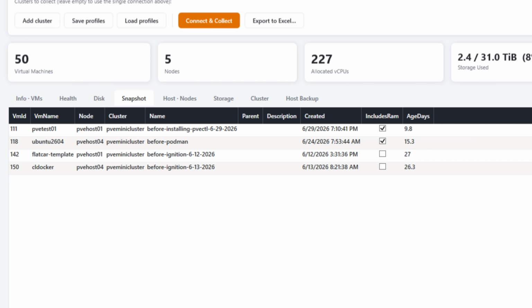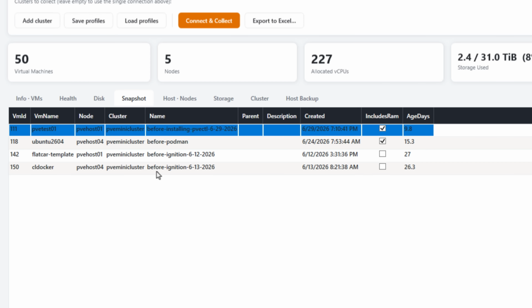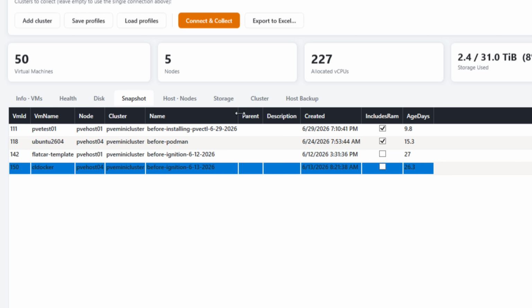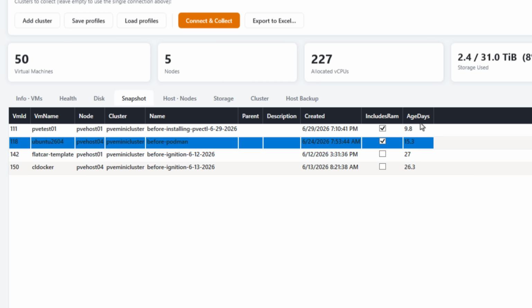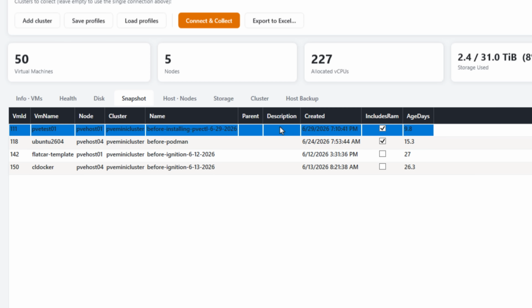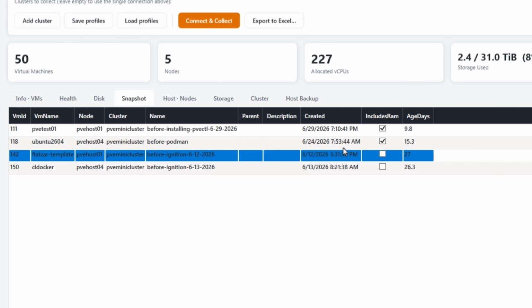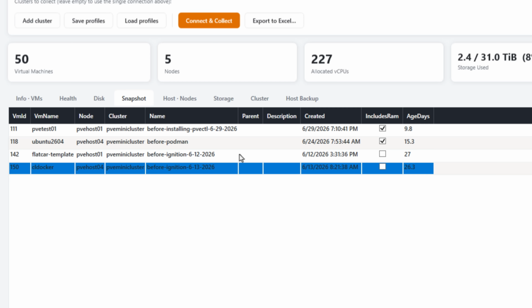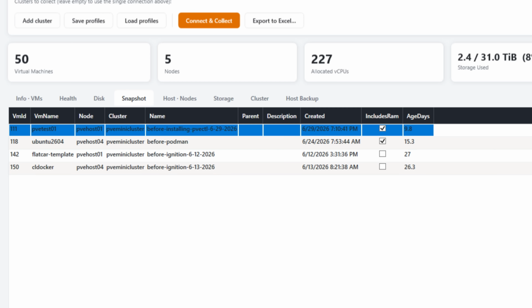Now, the Snapshots tab is another feature that I think a lot of people will appreciate. Snapshots are fantastic when you're making quick changes, but they're also very easy to forget about. So before long, you're going to end up with old snapshots that can potentially consume a lot of disk space, and it can definitely impact your performance. So having a single view of every snapshot across the entire environment, I think, makes housekeeping operations a whole lot easier. It helps you to prevent leaving forgotten snapshots out on your storage or VMs,